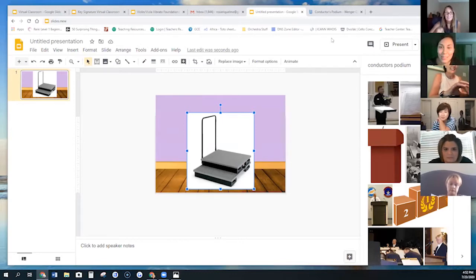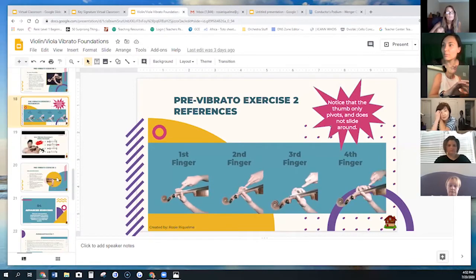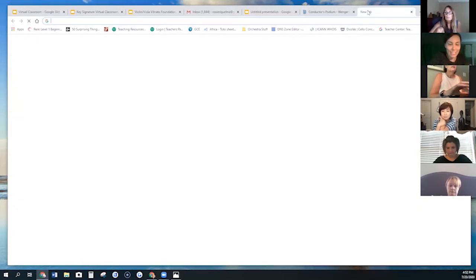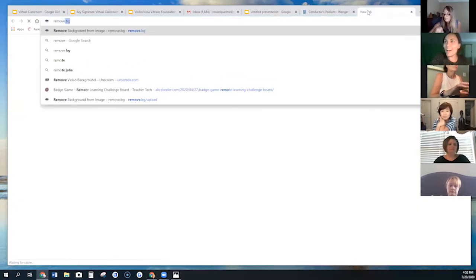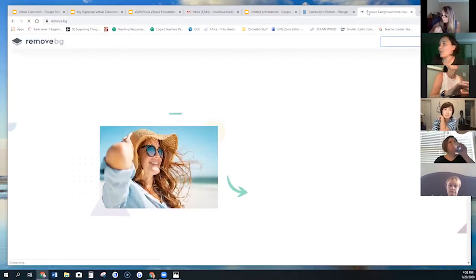Okay, I'm gonna tell you guys about a website that is the best website in the world. I used it, see, I made a vibrato module. That's how I got rid of all the backgrounds for all my stuff. I literally use it all the time. So get very excited. It's called Removebg. And then what you can do from there